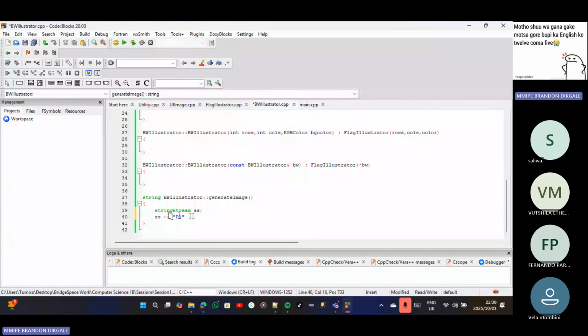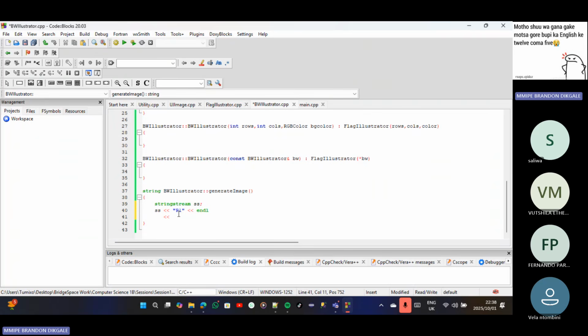In displaying a PBM, a P1, we only include the magic number and the dimensions. Basically we say P1 and a new line,